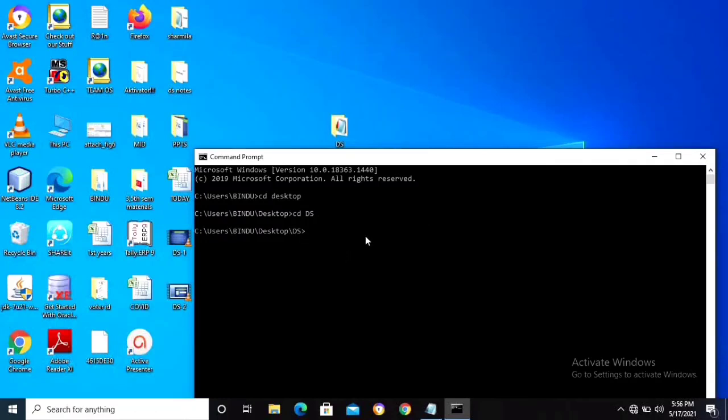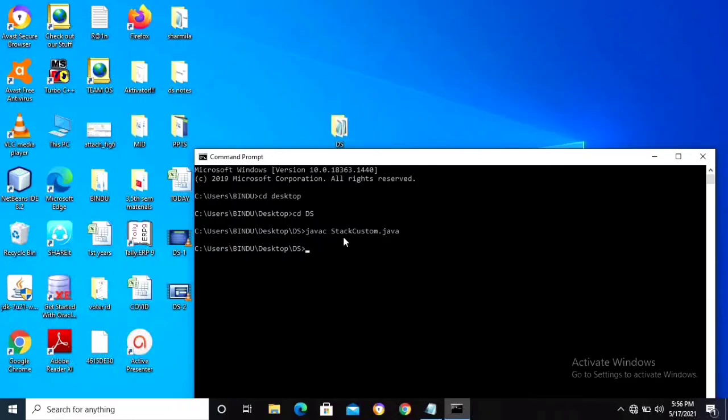Next, compile the program: javac space StackCustom.java, enter. So no errors.